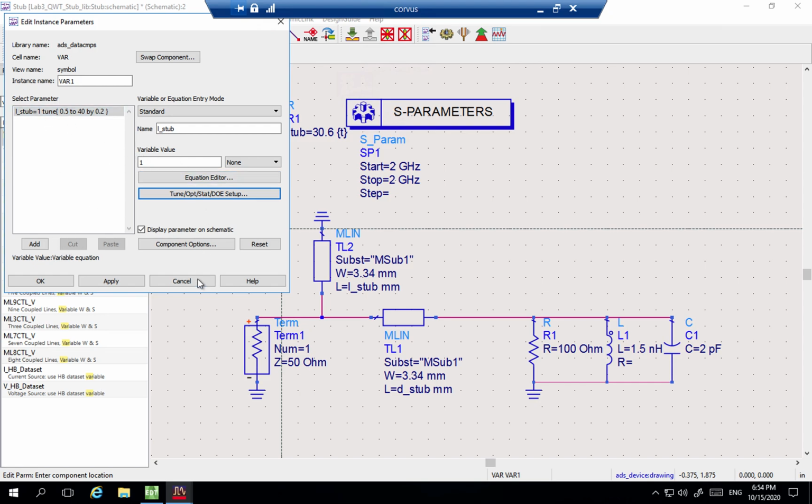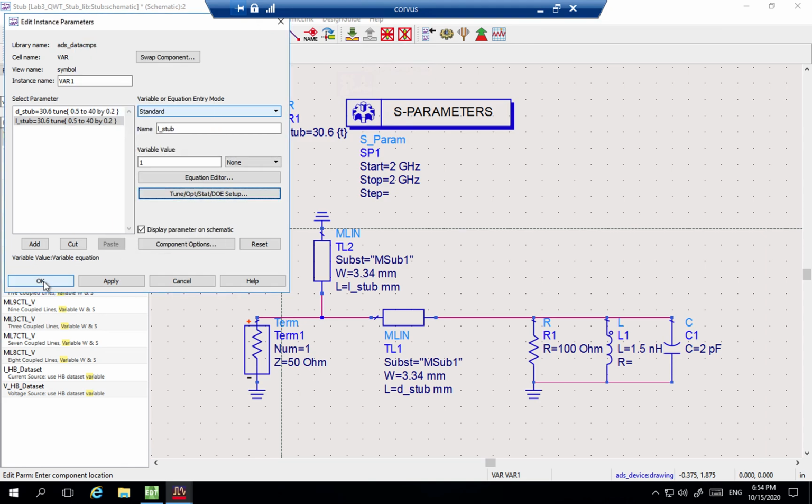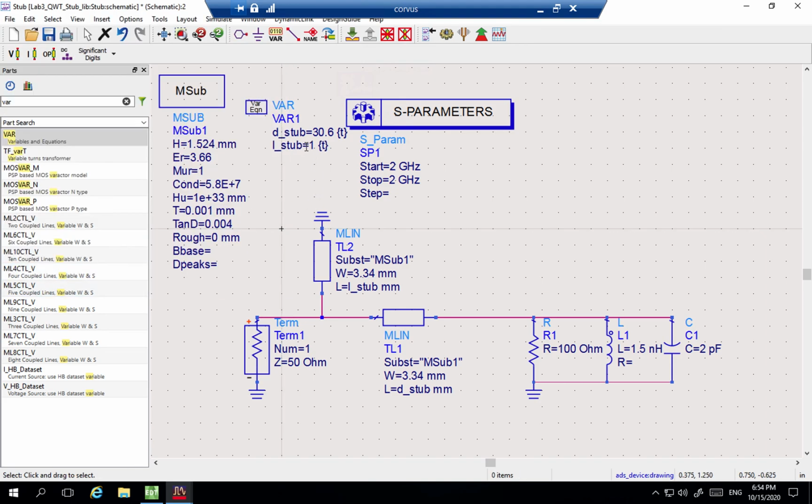Oh, it seems like it replaces, so I'm going to cancel that and just do that again. Once you do that, make sure you just add, so it creates another variable, and set that to 1. Okay, good. So we added a new variable for the length of the stub, and now let's go ahead and see what that looks like. Well, actually,